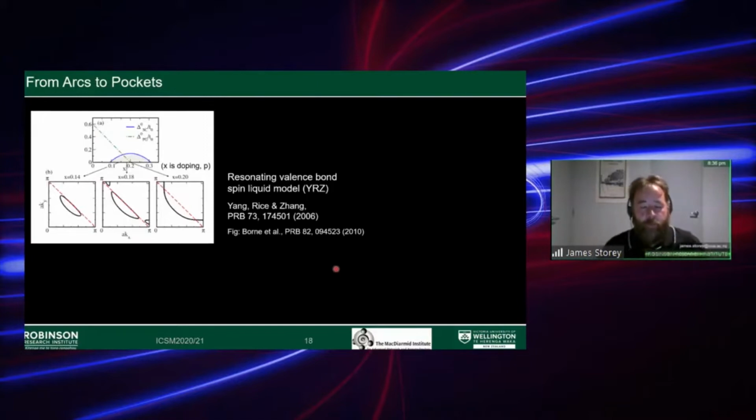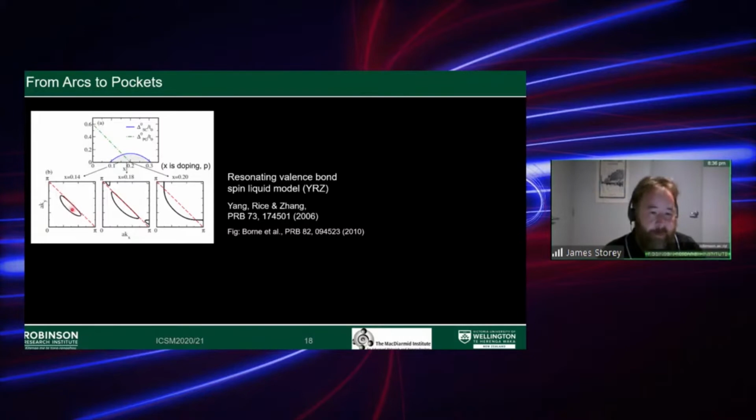Now, the problem with a Fermi arc model is that a Fermi arc breaks the definition of a Fermi surface. It no longer encloses occupied or unoccupied states, and the discontinuities at the edges pose problems for calculating transport properties, which depend on the derivative of the electronic structure. And so one way around that is to, of course, assume that the arc is one side of a pocket,